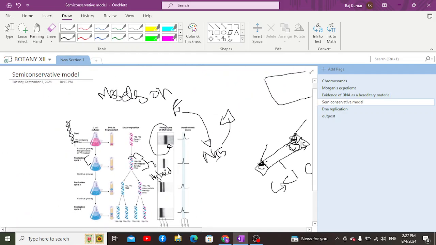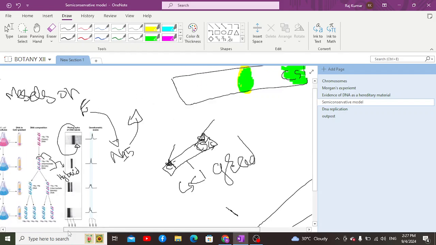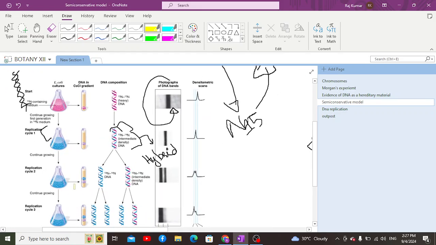Due to which it was a hybrid DNA molecule, and when it was centrifuged, it was found that this DNA strand was present neither on the side of chlorine nor on the side of cesium, but on the intermediate side in between in the centrifuge, which indicated that it was intermediate in nature, right? On the other side, if we talk about the third experiment in which the replication cycle was further continued, they noticed that N15 and N14 were further replicated, due to which